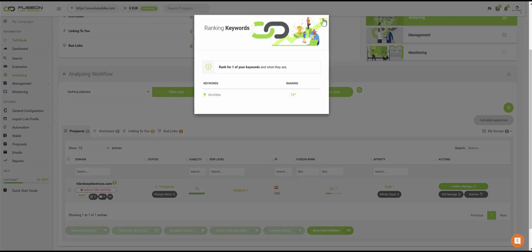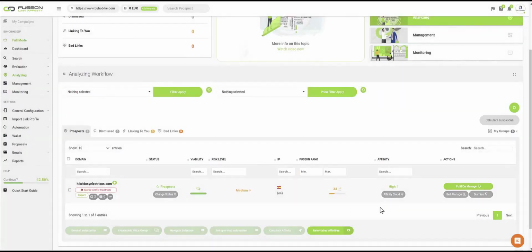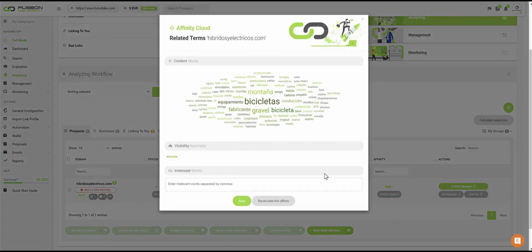This is very useful. Why? Because in addition, when you calculate the semantic affinity, here we have the semantic affinity. If you notice, you have the visibility keywords, which we can also translate as ranking affinity. We always translate it here as ranking affinity, because actually, yes, they are visibility terms, but to understand it well, it is what we call ranking affinity,